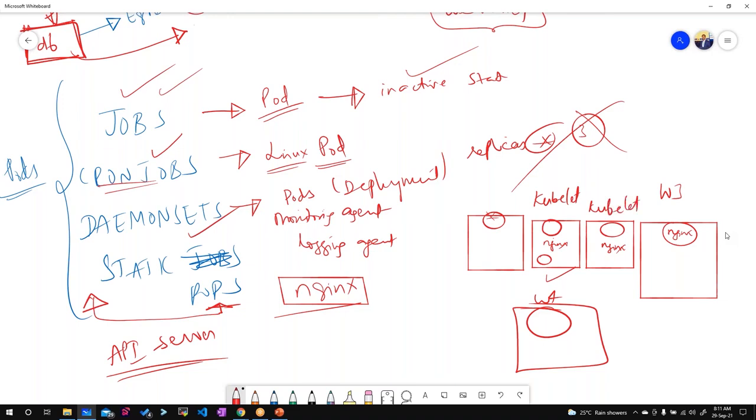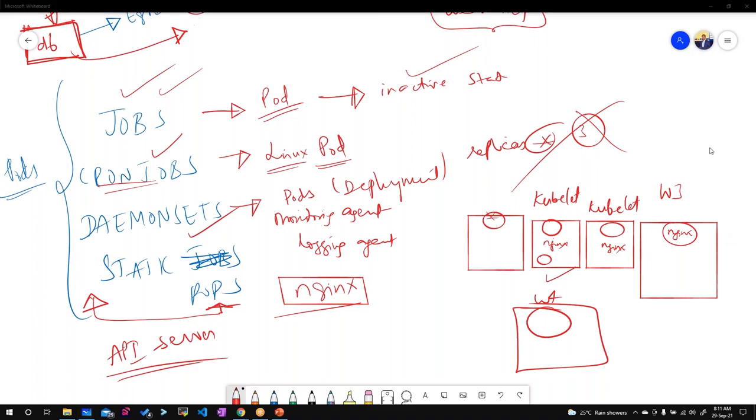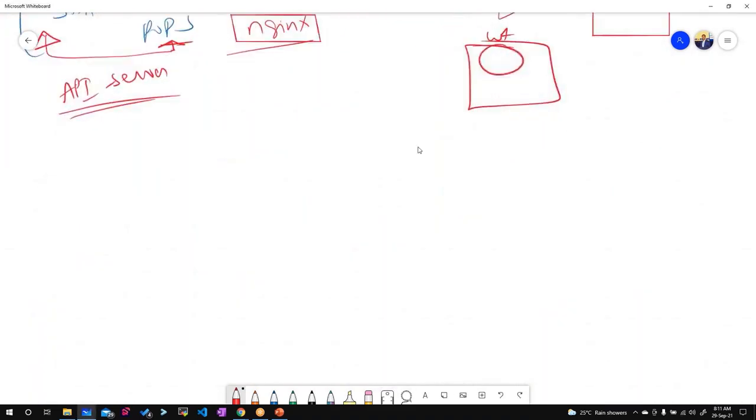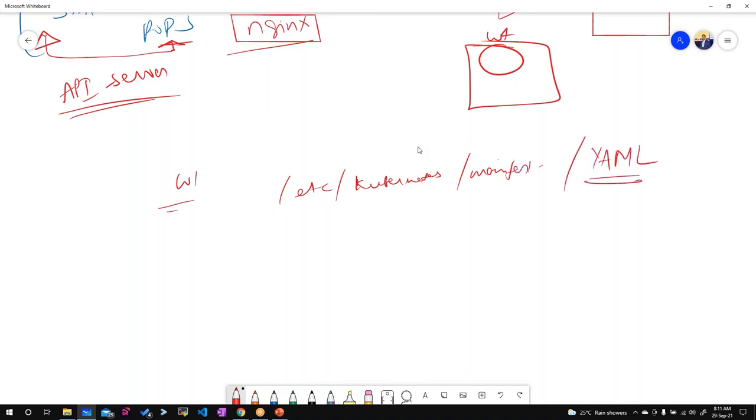Let's say for worker node 1, there is a default location like /etc/kubernetes/manifests. If you put a pod manifest YAML file here in a particular worker node, the kubelet of that worker node will read that YAML file and create the resource.